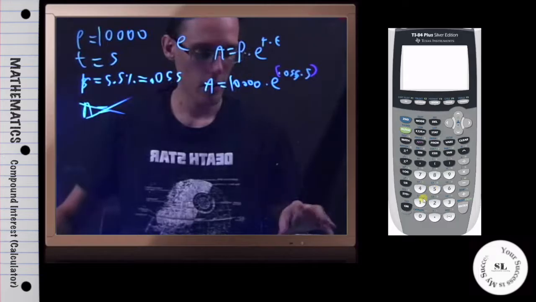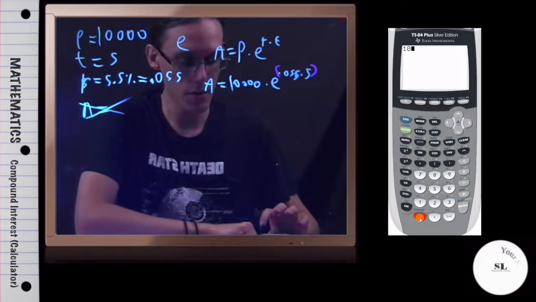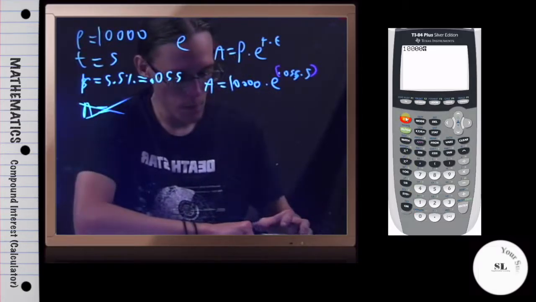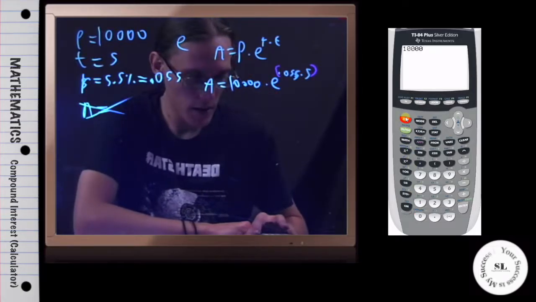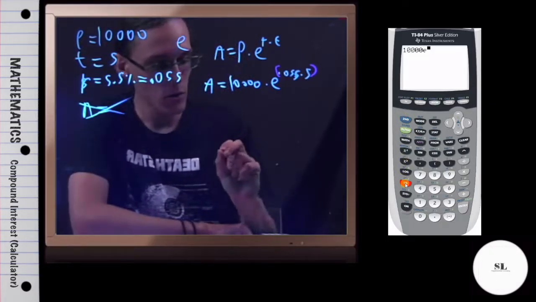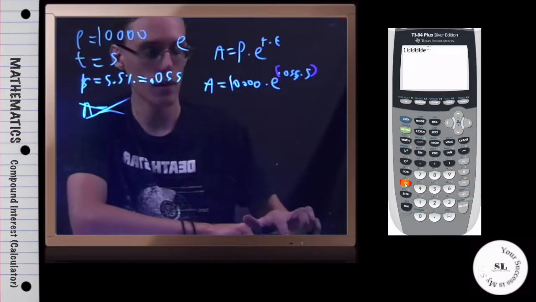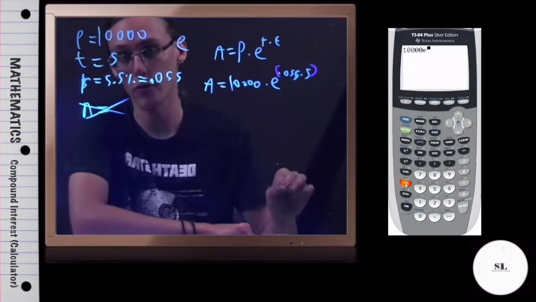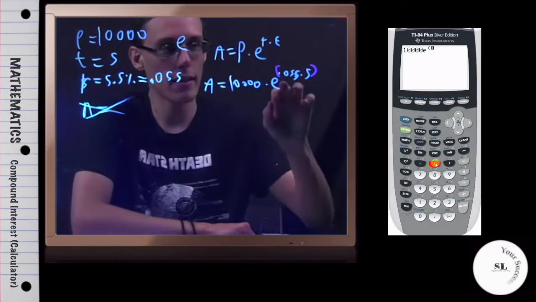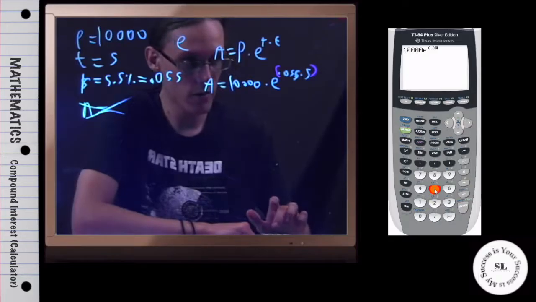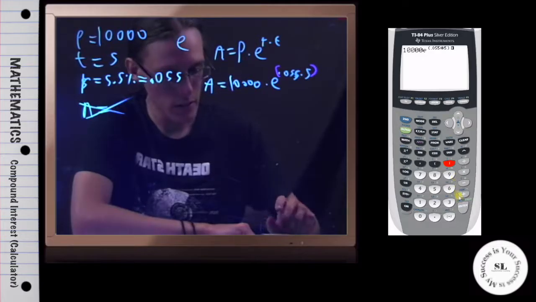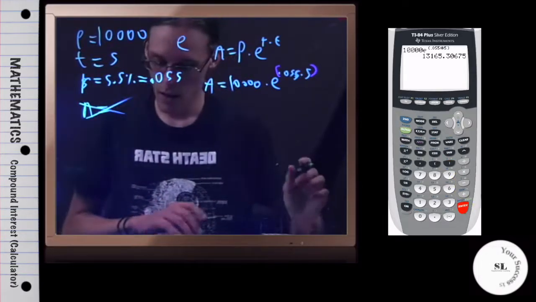So, if I plug everything in here, I'm going to have 10,000, and I need this e here, so I'm going to hit second, and you can see on the calculator there's actually a button in blue above that says e to the x, so I'm going to hit that. And when I do, by default, it's going to have a little box here that's flashing, waiting for you to put some numbers in. So let's put these numbers in. I can put the first parenthesis there, and then it's 0.055 times 5, close the parentheses, and hit enter, and we're getting